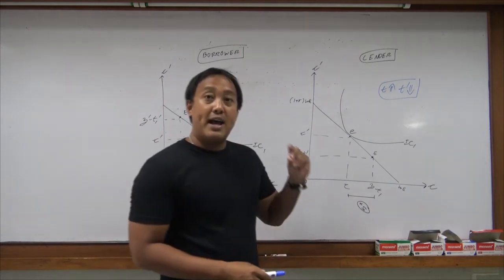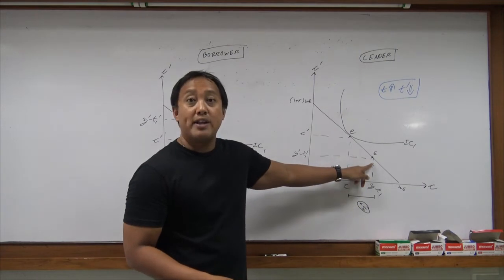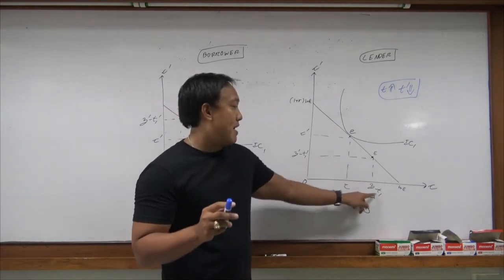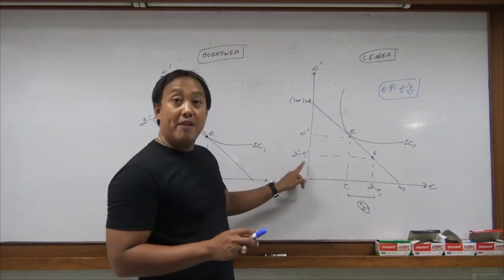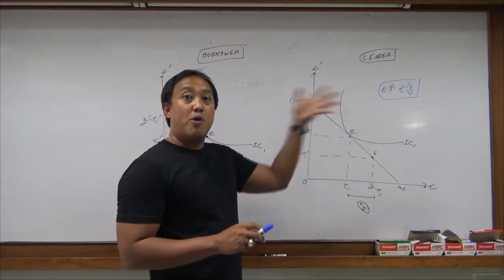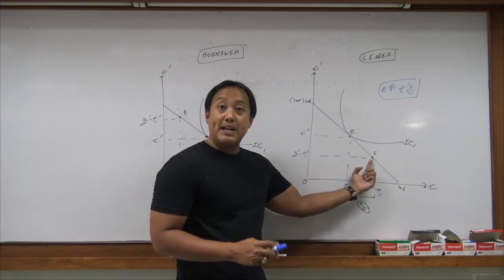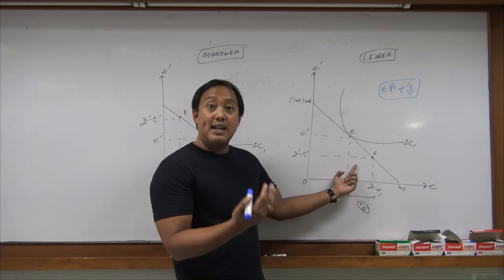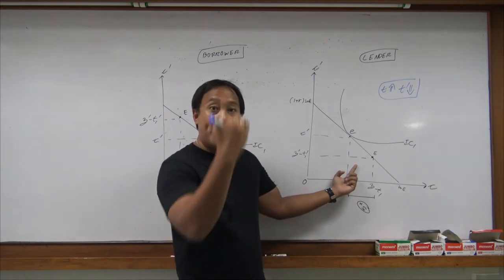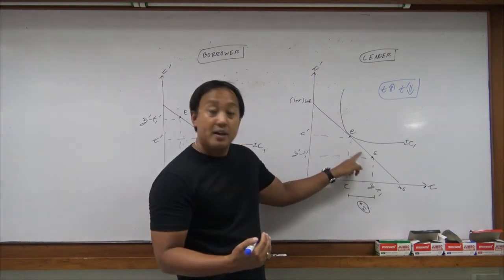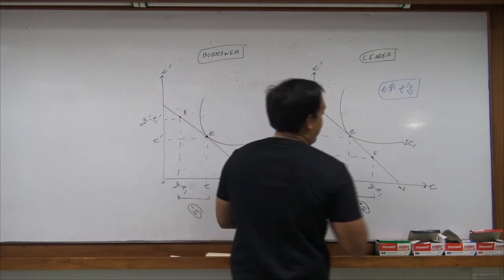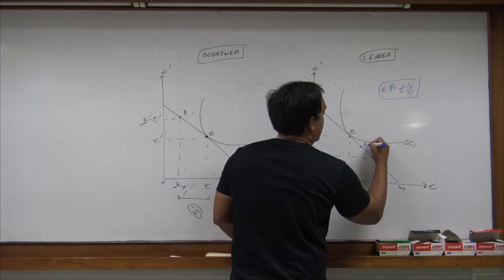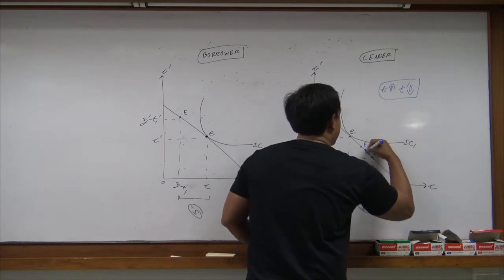So it means that we're going to have effects on the endowment point. The location of the endowment point is going to change, because the endowment point comes from income after tax today and income after tax tomorrow. They tax us more today. It means that our money today is going to be lower, going to the left. They're going to tax us less tomorrow. It means that tomorrow you're going to have more money, so it's going to move up. The endowment point is moving up from E1, let's say, to E2, moving up like this.